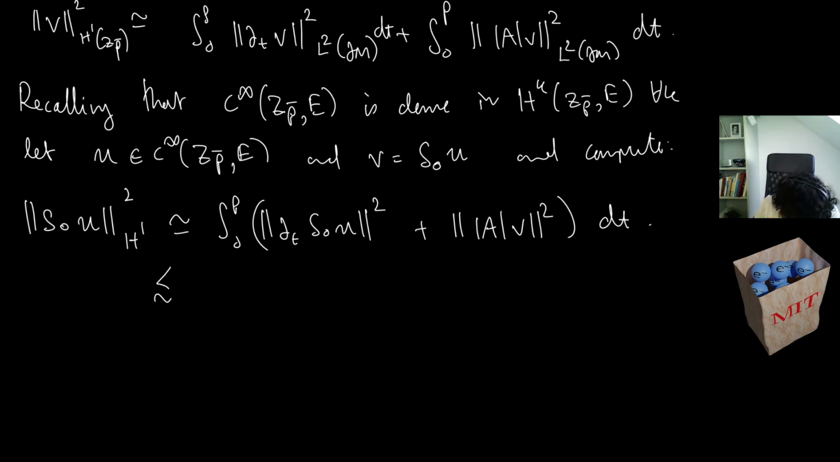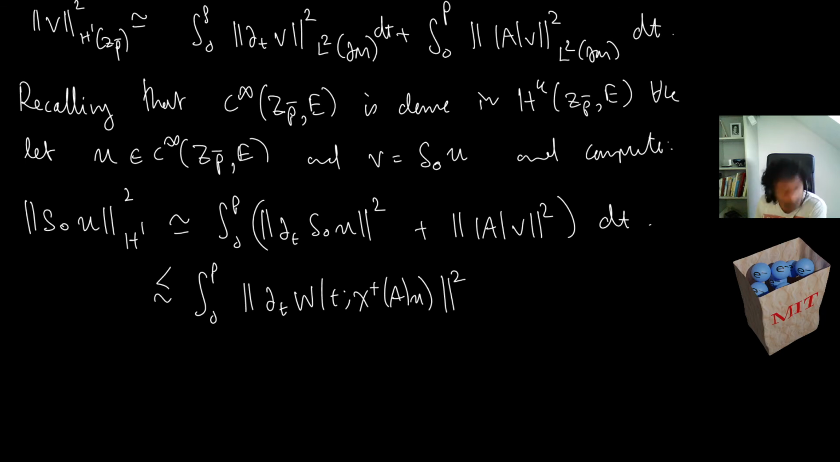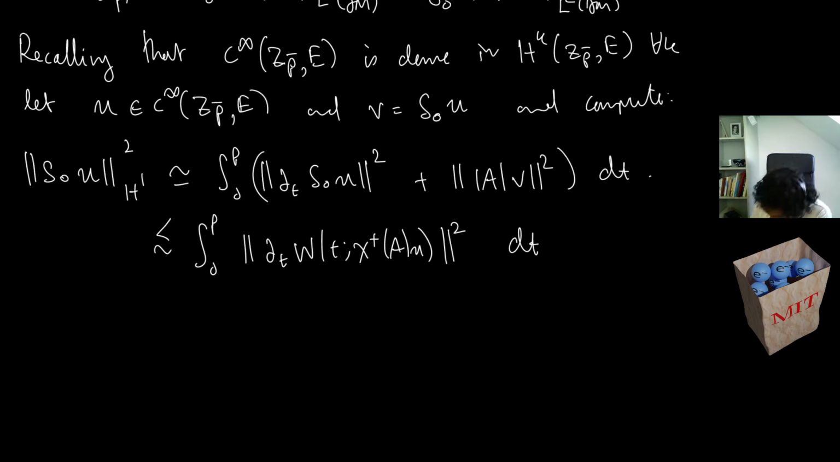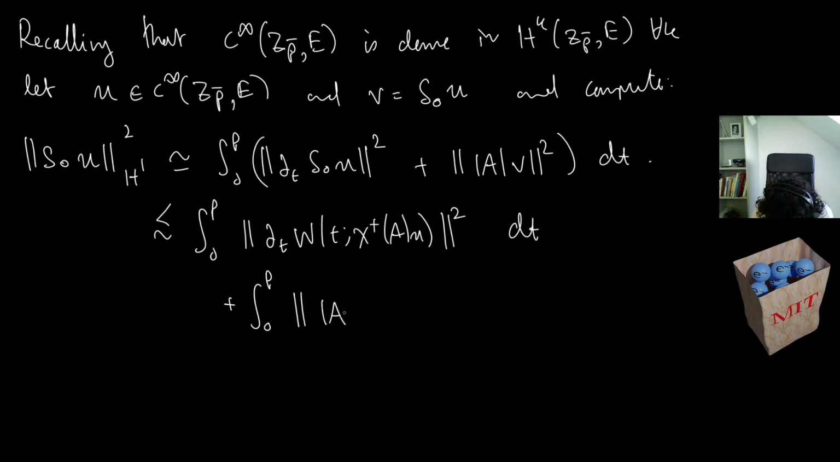So now we have this being bounded by what? So 0 to rho of partial T WT chi plus A of U squared. And these are all L2 norms now, right? So I won't bother writing out the L2 part. dt plus 0 to rho dt, modulus A W T chi plus of A of U squared dt